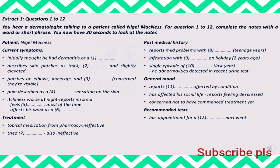I can appreciate your concerns. Now, what I'd like to do is give you a skin biopsy as soon as possible to see exactly what's going on. I think we can book you in for that early next week. Once we get the results, I'll be able to get you started on some...